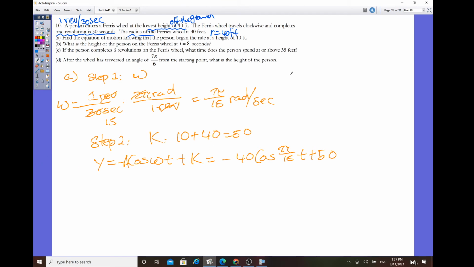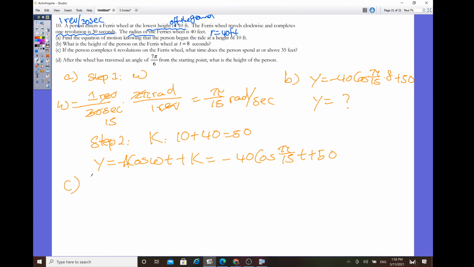And now what about for B? So what's the height of the person on the Ferris wheel at time t equals 8? So basically plug in 8. Okay, so again, this number here is pi over 15. So plug in the time. So negative 40 cosine of pi over 15 times 8, and then plus 50. This one you want to evaluate on the calculator, because it won't give you the exact number. Okay, so find out what that is. And then for C,